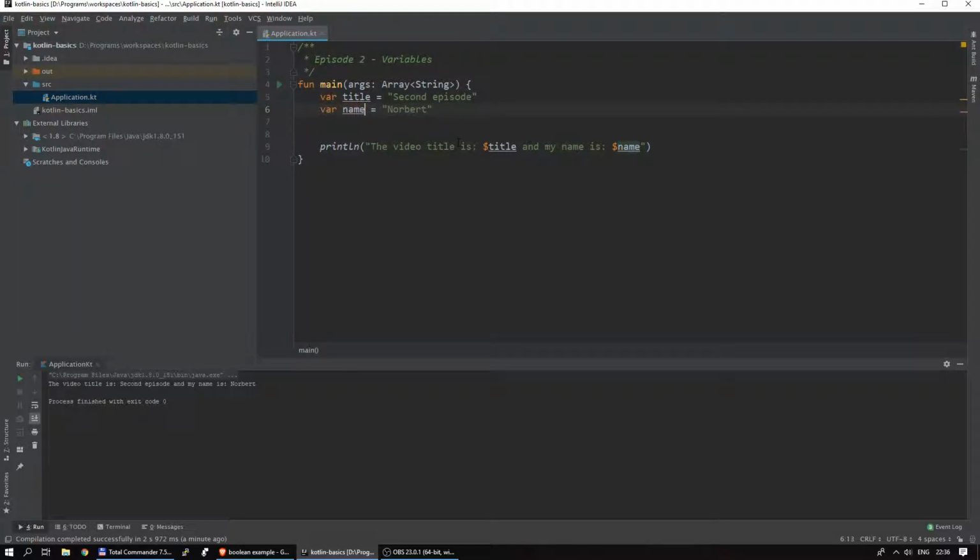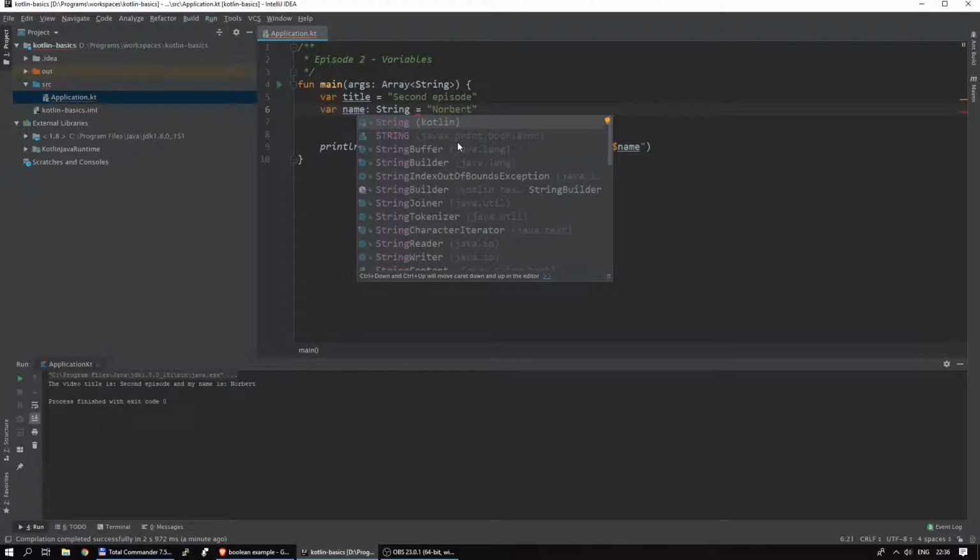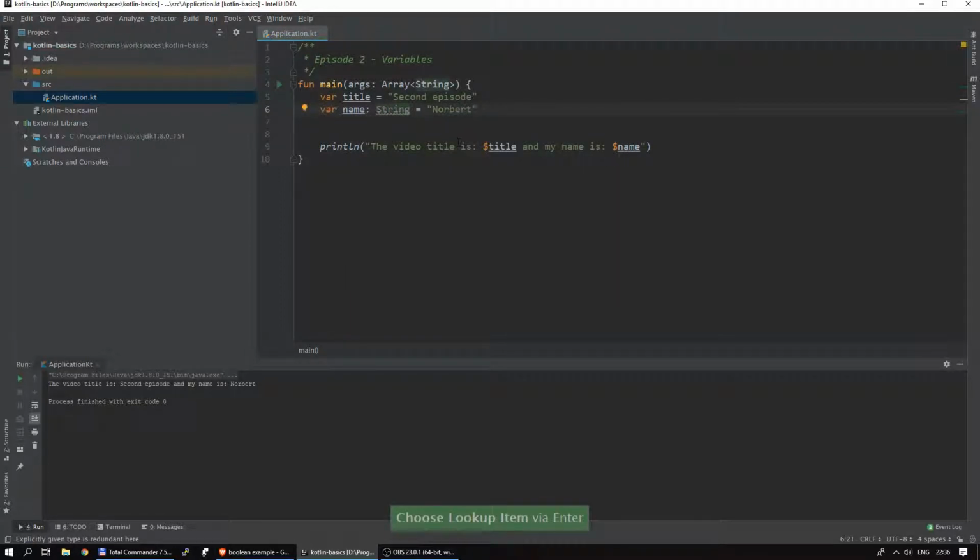If you want, you can actually be specific about the type information. So this is actually a string. But as you might see, Kotlin or IntelliJ says this is not really needed here. You can remove it because it knows from the right side. Of course, it may